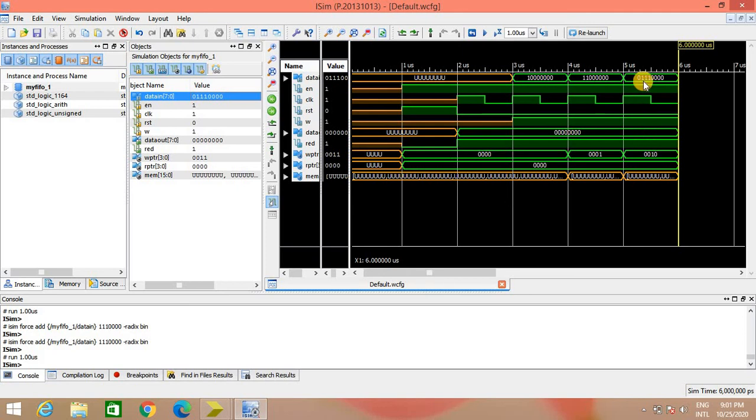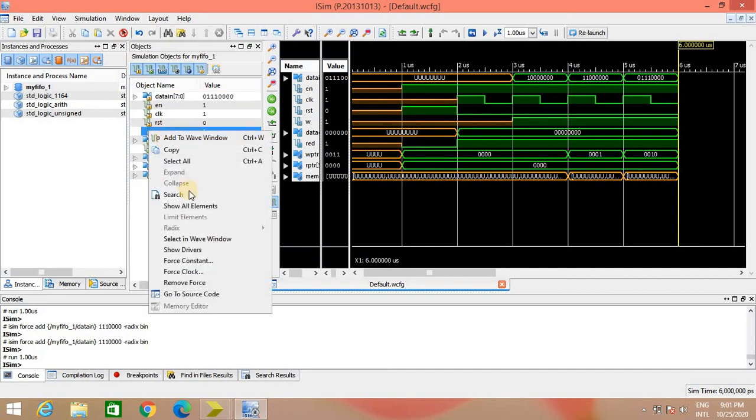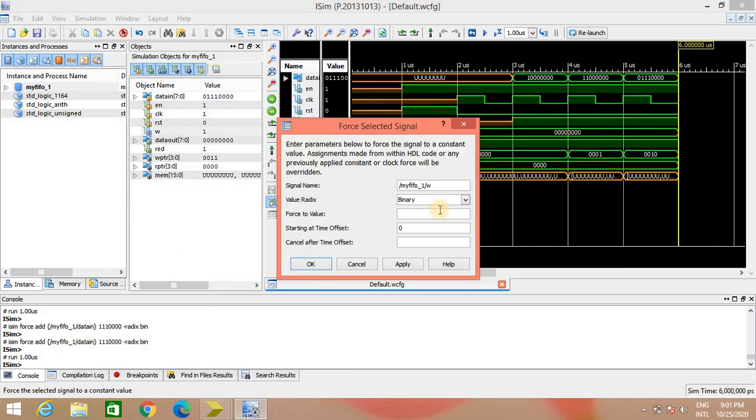Now if you want to retrieve this data from the memory, you have to start with the read operation. So let us start with the read operation. For that W is equal to 0. So make W equal to 0, and your read operation will start. Apply. OK.